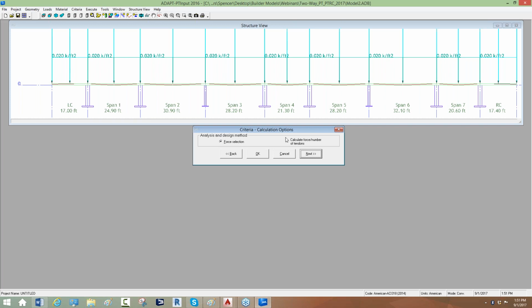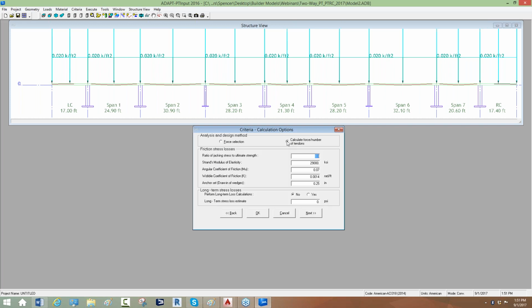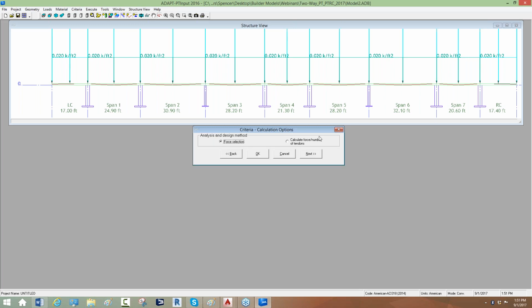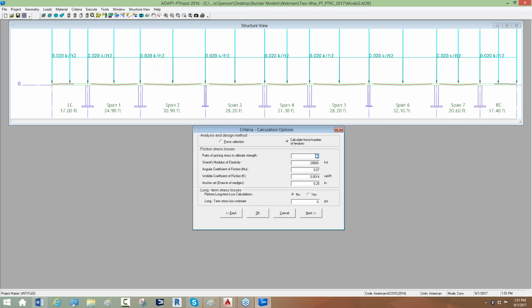This is the calculation option I was mentioning earlier, force method or calculated method. If I switch over to calculated method, this is actually more extensive, because when I use calculated method, when I go ahead and press execute and get into the recycler screen, it allows you to toggle between force and calculated method. If I select only force method, this becomes grayed out and you can't use this option. So this becomes more extensive in its use. And you can see we can set up friction